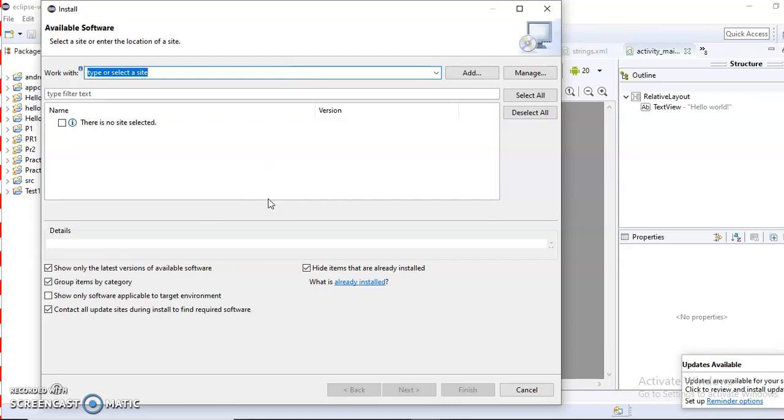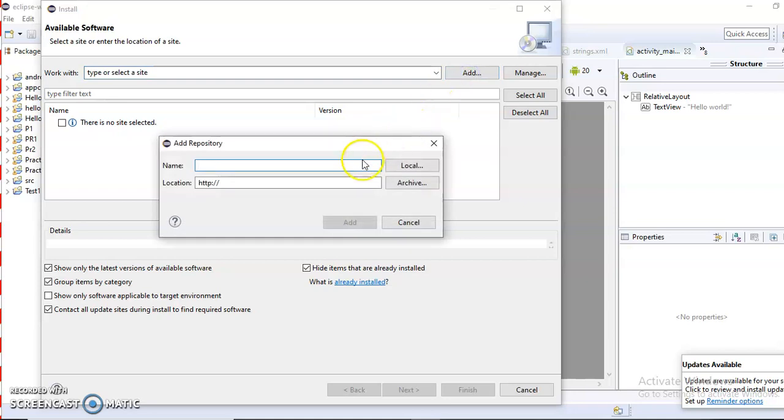Now in this window, click on the Add button to add the ADT plugin, which is required as the Android Developer Tools. It will display the given dialog box. Now we want to install the ADT plugin.